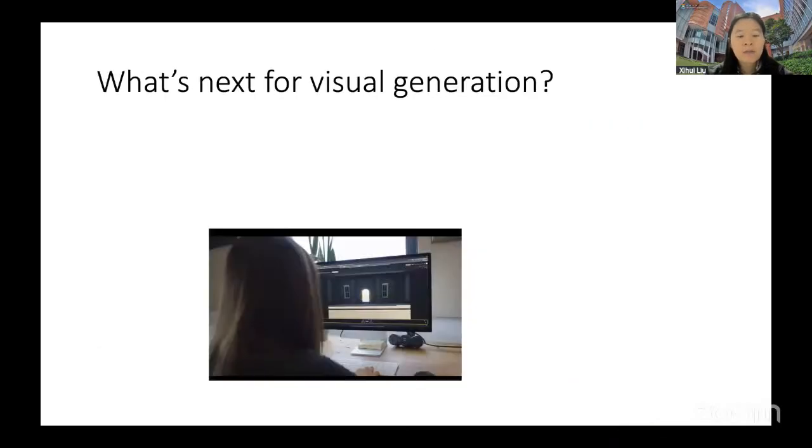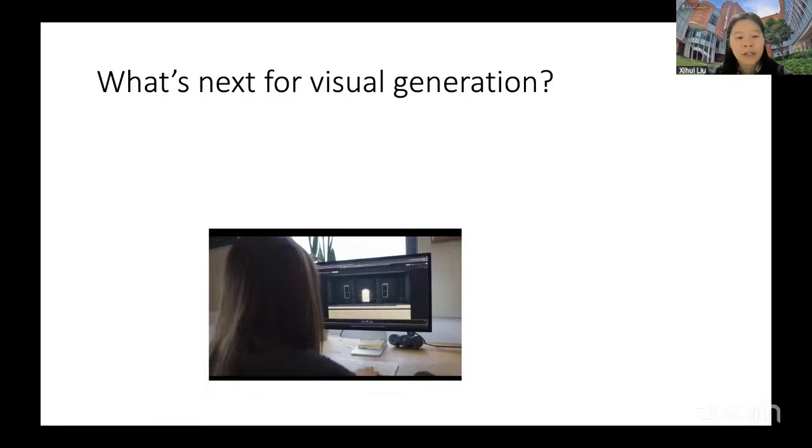However, as researchers in academia, we are also considering what's next for visual generation. Are we already satisfied with text to image or text to video generation, or are there any new possibilities or explorations that we should make?